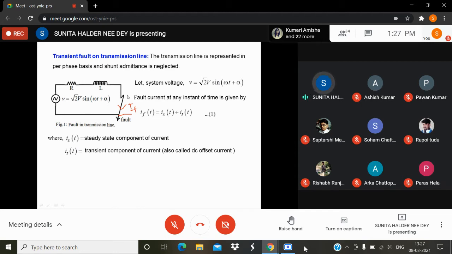The point is that during transient condition, the current will be higher. The disconnection of higher current is also very difficult. So you have to make a compromise where to disconnect the circuit, because you are not disconnecting a current of 1 ampere, you are disconnecting a current far more than 1000 ampere, because at normal condition in a long transmission line, current is in terms of 500 ampere, like that. You have the examples you have done in your power system planning design class. So current is very high.